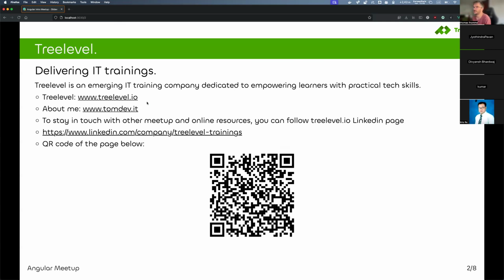So you have all the information here. The PDF will be provided as well. There is some information about Angular as well, and we will also provide you the source code of the whole application that we're going to develop during those 2 hours. So welcome to any of you.